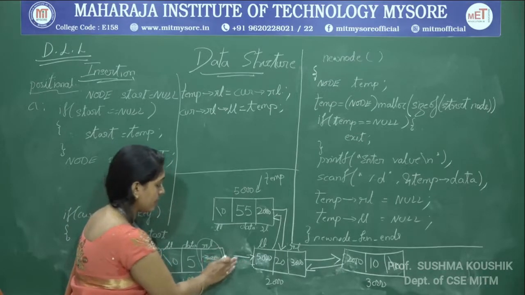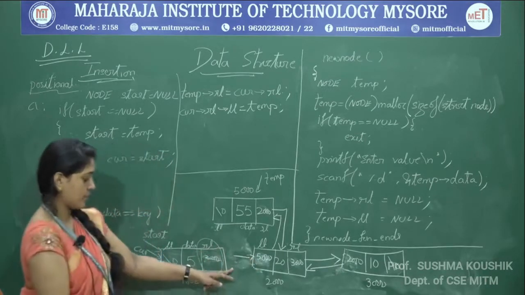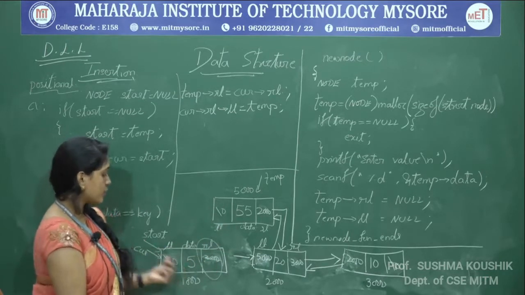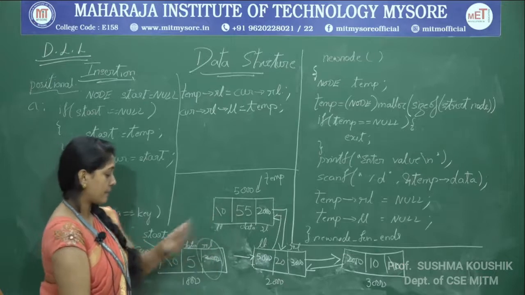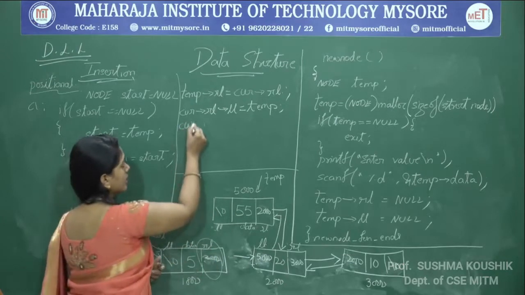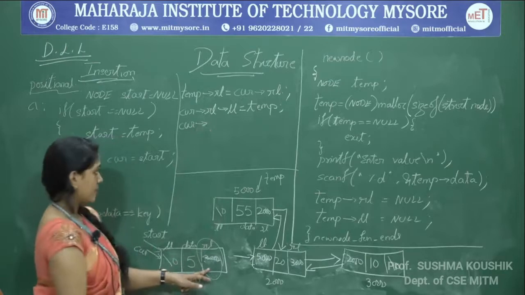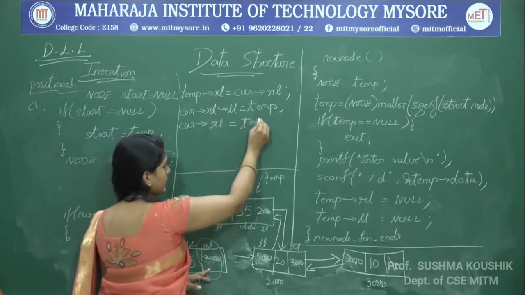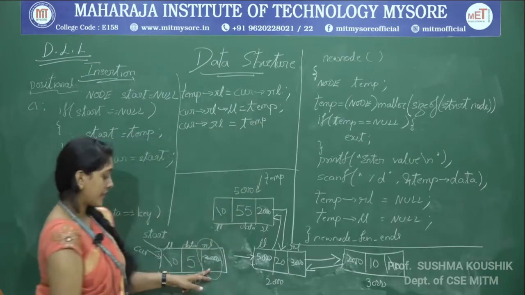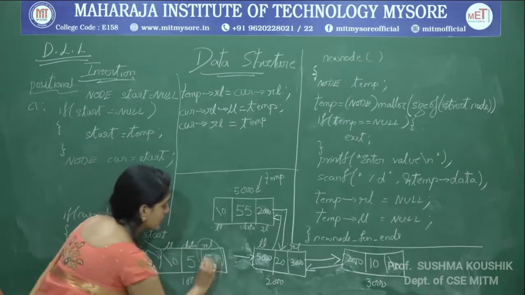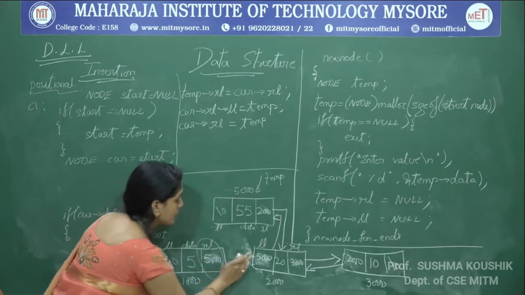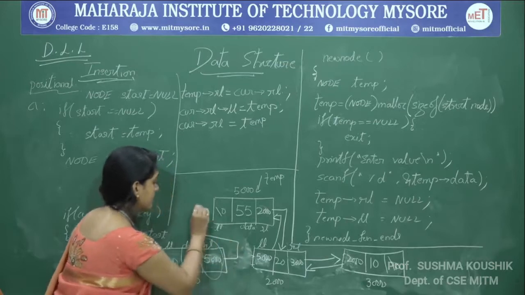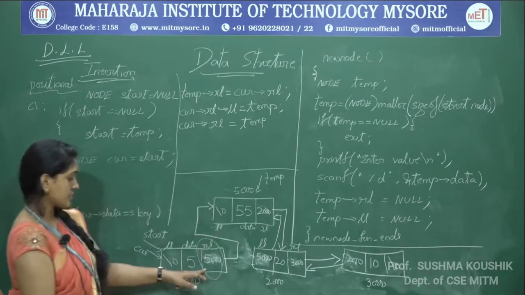Now only one link is existing, and that also we will remove now. I want this position to hold the new node which we have. So current of RL is equal to temp. Temp is having how much? 5000. So this place is overwritten with 5000. No more is the link here; it is pointing something like this. So this position is written.